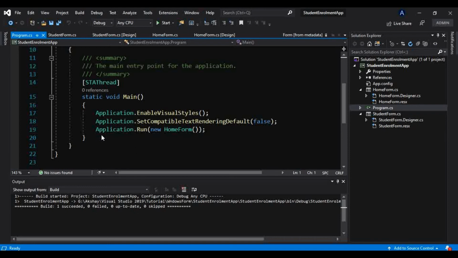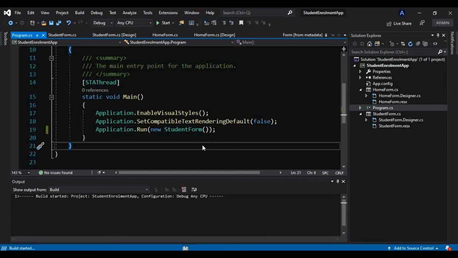And this we have also learned if you guys have seen my C# tutorial series, C# tutorial for beginners. In that we have learned that there has to be a starting point, and this static void main is nothing but the starting point of our application. So our application starts from here, and in that there is this application.run, and in that we have passed this object of home form, that is home form class. And what if I would have passed a student form to here, and if I run this, we will get that student form.